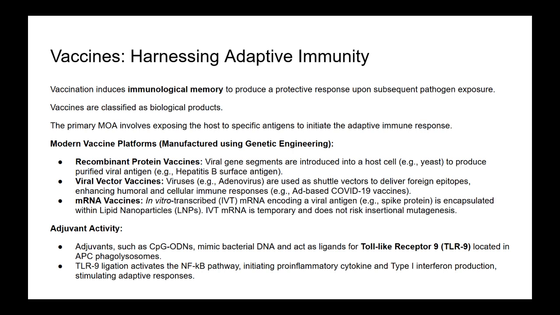We also hear a lot about viral vector vaccines. Yes, viral vector vaccines use harmless or weakened virus, like an adenovirus, as a sort of shuttle vector. You insert the gene encoding the antigen from the target pathogen, like SARS-CoV-2 spike protein, into the adenovirus genome. When the vector vaccine infects host cells, it delivers this gene, and the host cells then produce the antigen, triggering the immune response. Adenovirus vectors are useful because they can carry large genetic payloads and tend to induce strong immune responses.